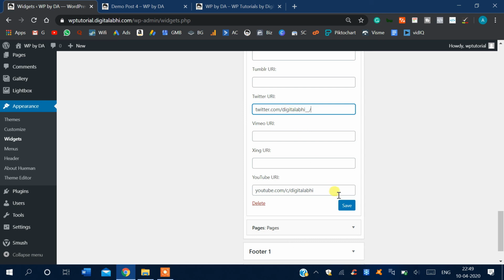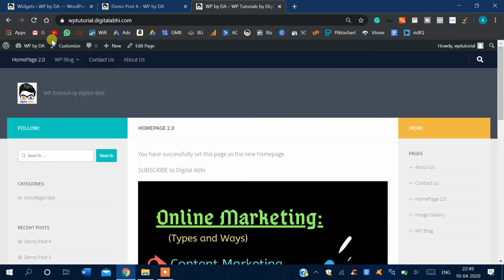And once you are done, click on Save Changes. Now let's see how these social icons look on our website. Go to the website and refresh it. Now as you can see, the social icons are displayed on the secondary sidebar of our website.